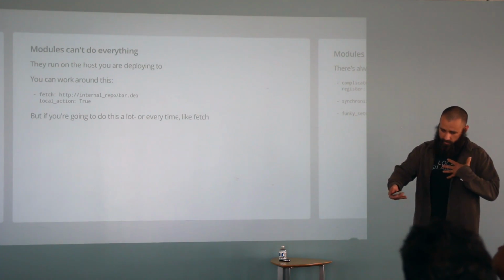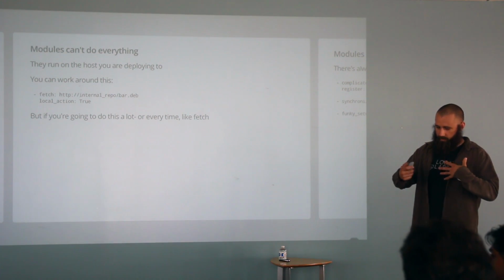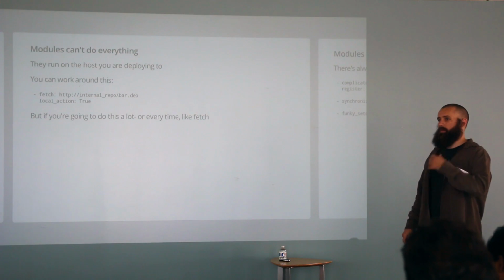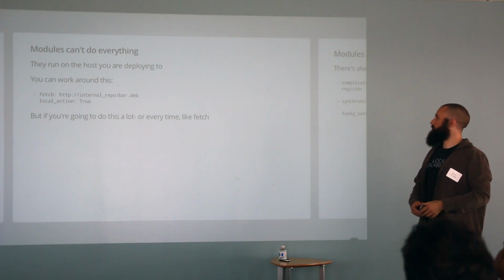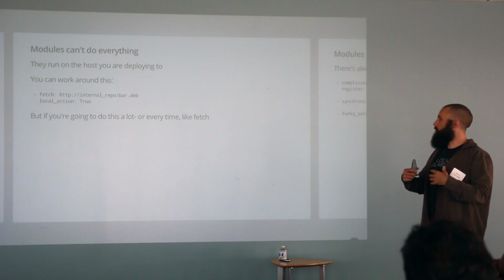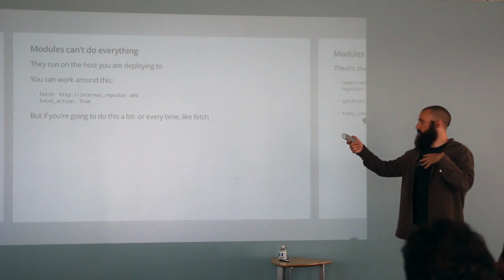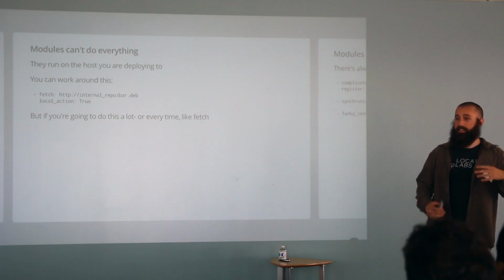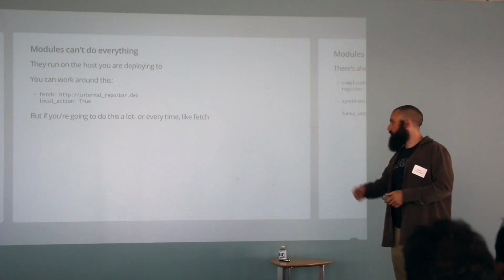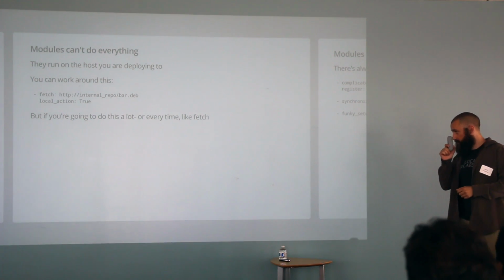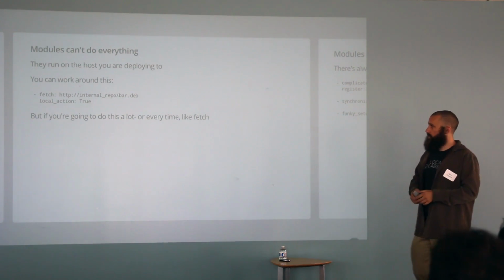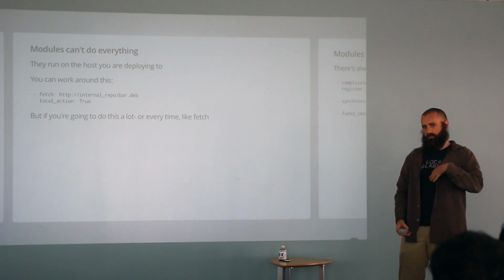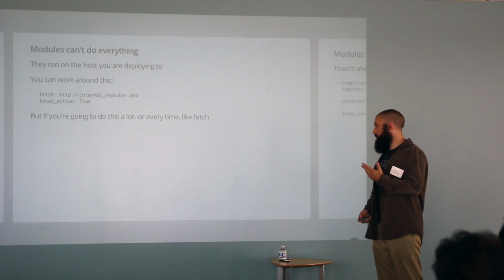For instance, they run on the target. And sometimes you write a module that can't ever or should never run on the target because you've got a requirement that your API lives away from the production hosts or whatever. And you could always annotate your custom module with local action, and then that would work. The fetch module in Ansible is not really a module. It's a special thing. So you don't have to write local action true every time. What it does is it downloads a thing from the target host and brings it to your control machine. So if you're going to do it every time,